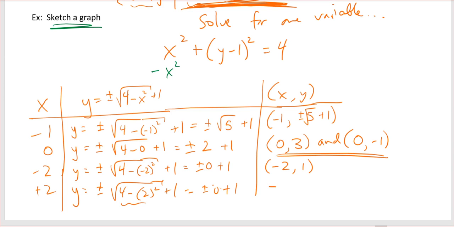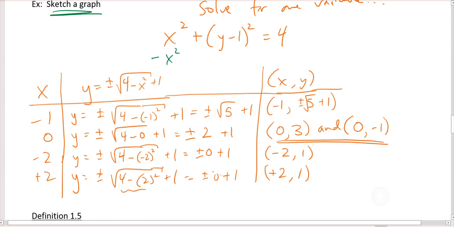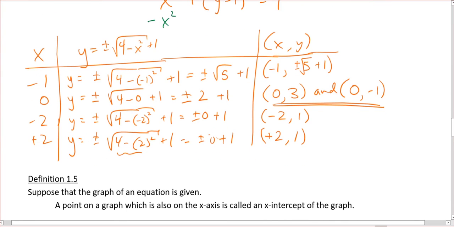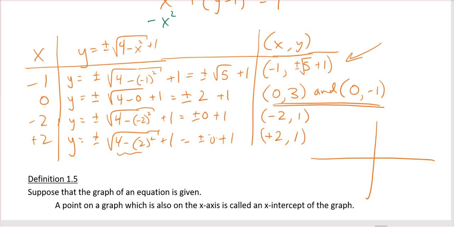So we're going to have positive 2 comma 1. Okay, so at this point, we might want to start putting these points on a graph. So let's do that. These are going to be a little more difficult for us to draw, but we totally could if we had a nice little calculator decimal approximation for this, or we don't really need a calculator to